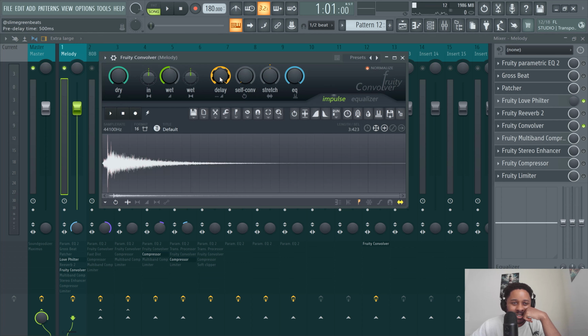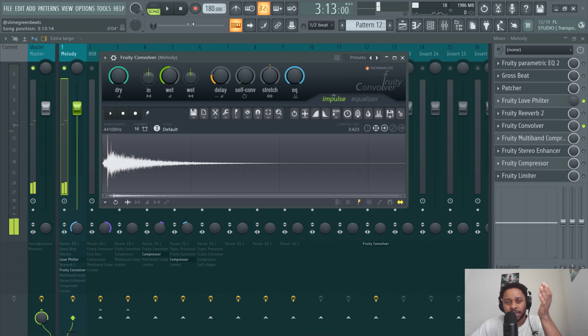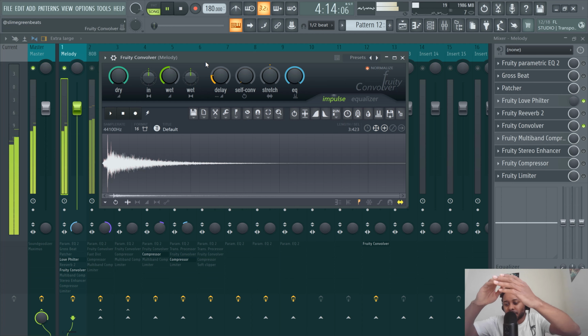Okay, delay. Let's make this delay 42. This part is actually kind of hard sometimes, because your hands need to be really steady when you do that. Okay, 42, great. It's going to sound better lined up more times than not. Especially do that for the melodies, because the melody is more